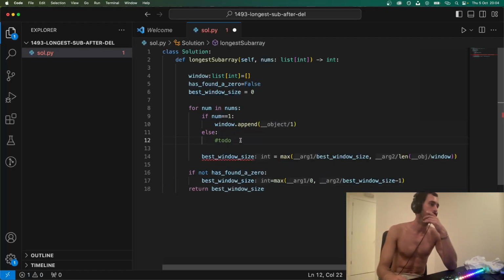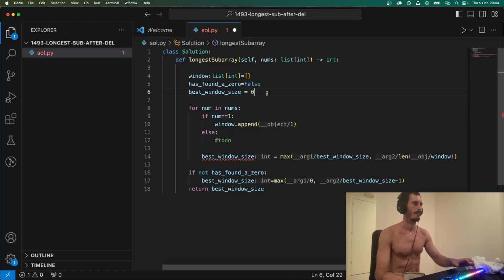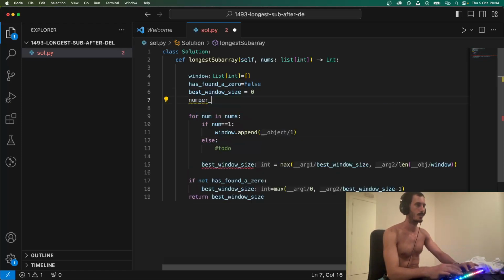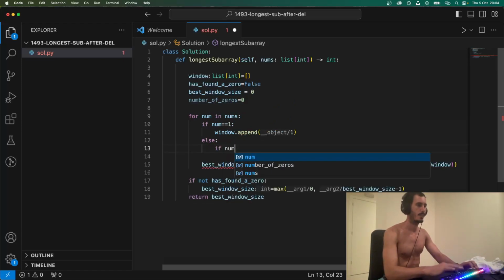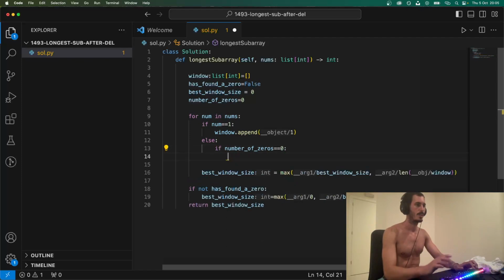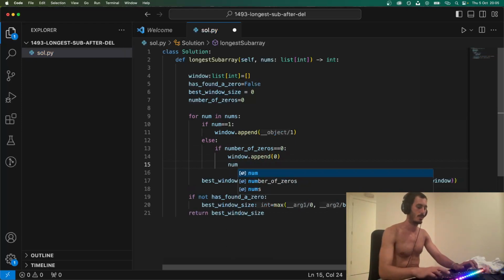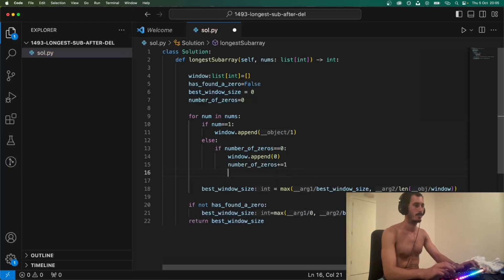Okay, so now what do we do here? We iterate, and if we find a 0, we can check, hey, number of zeros starts with 0. So if num of zeros equals 0, then I guess we can just window.append 0 and number of zeros plus equals 1. Else,